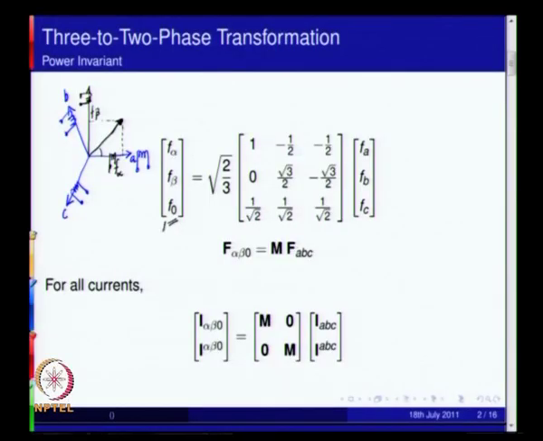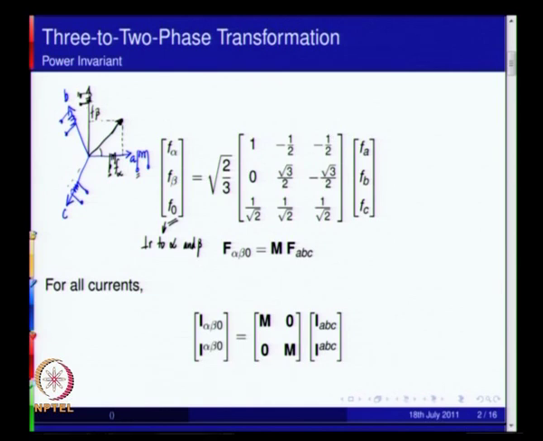The zero axis is deemed to be perpendicular to both alpha and beta axis. So it would be an axis which is mutually perpendicular in that manner. So instead of these three A, B and C, you now have these two and perhaps the zero sequence. Now though this has been described with respect to the stator, you could also do a similar transformation with respect to the rotor. As far as the stator is concerned, the three A, B, C are stationary in space, and